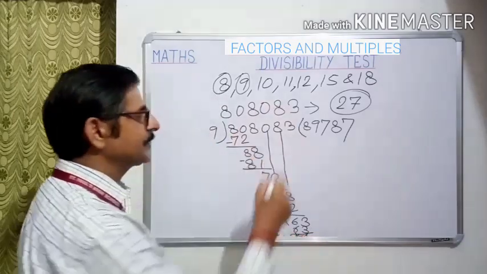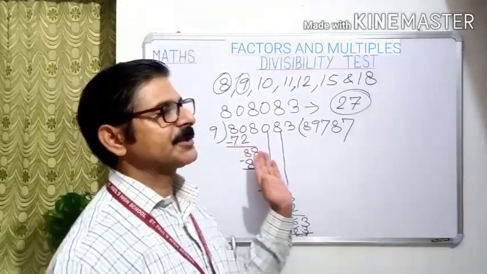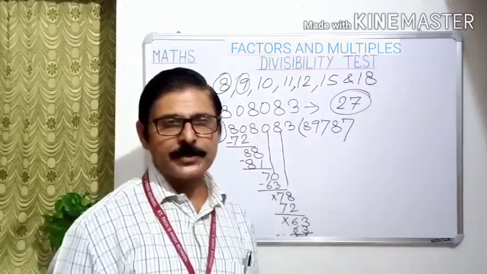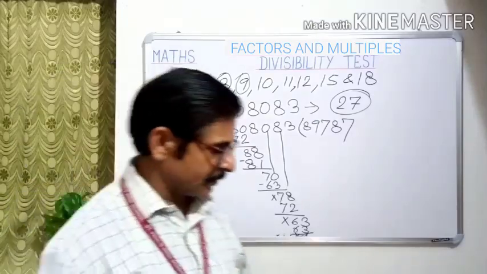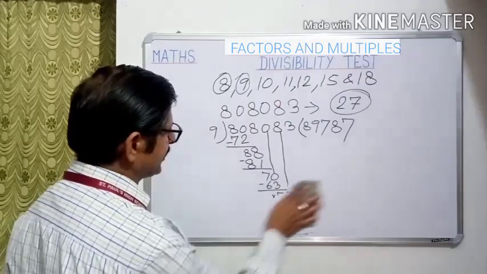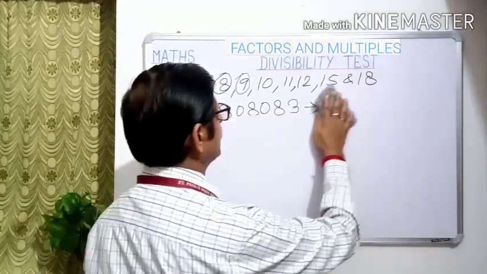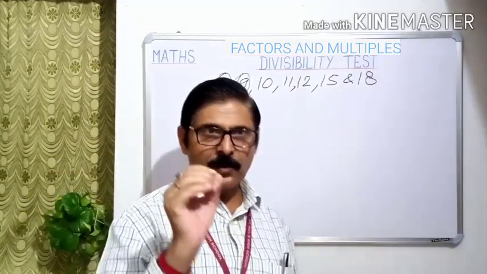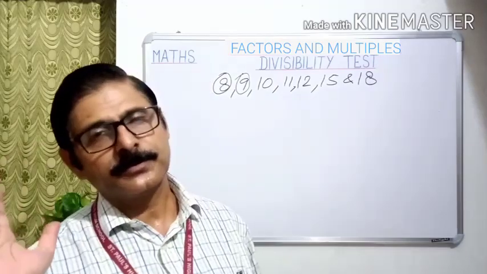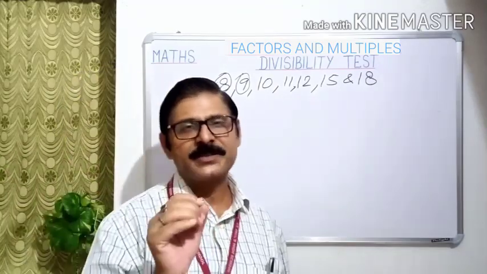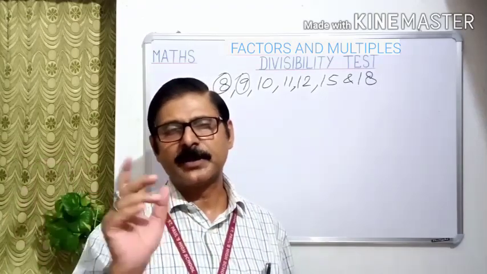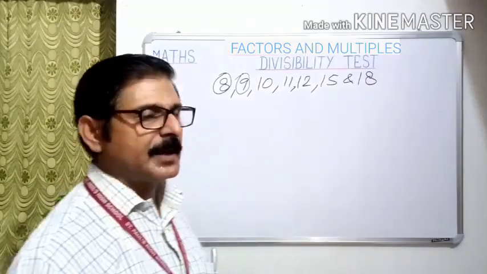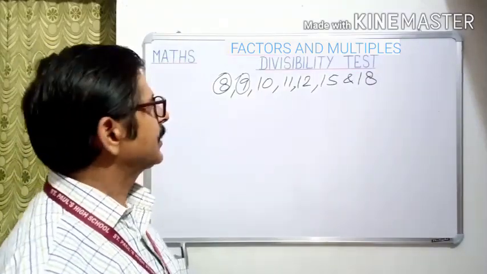So, if you know the test of divisibility without actual division, you will find yourself in a position to predict whether the number is going to be exactly divisible by 9 or not. For 10, the rule is very simple. By simple observation, you can say a number is divisible by 10 if and only if its ones digit is 0. If its ones place digit is any number except 0, the number is not going to be divisible by 10. So, a number is divisible by 10 if its ones place digit is 0.